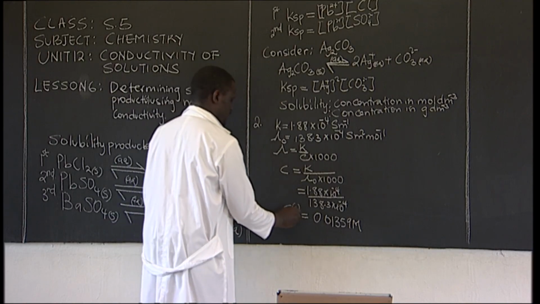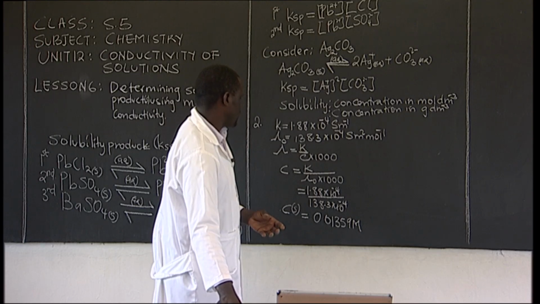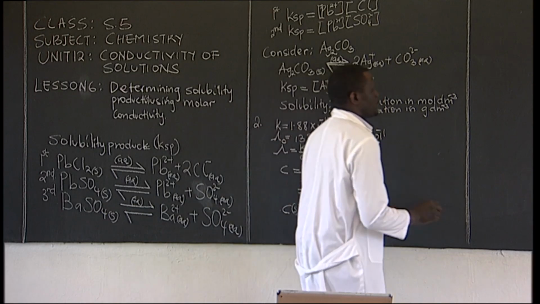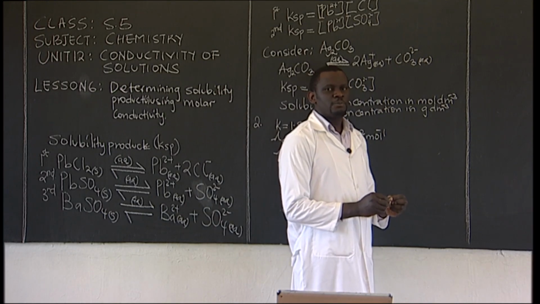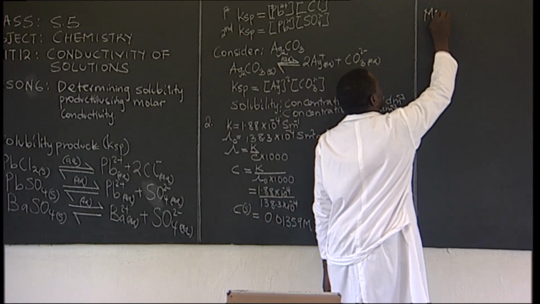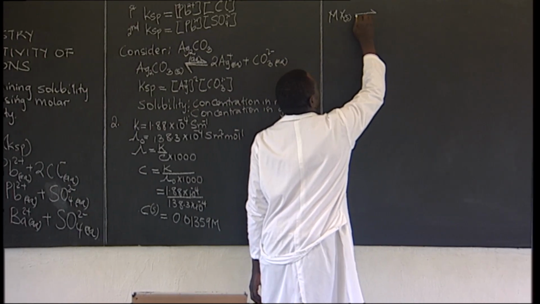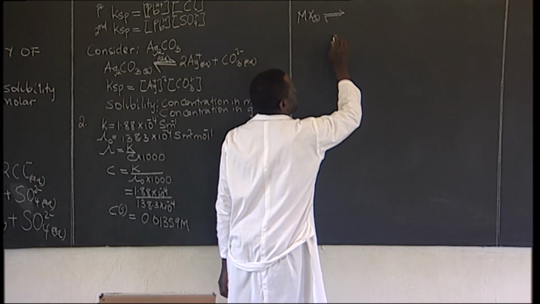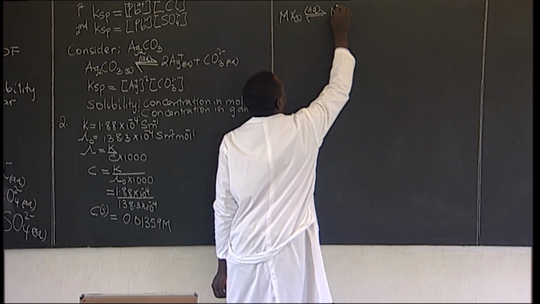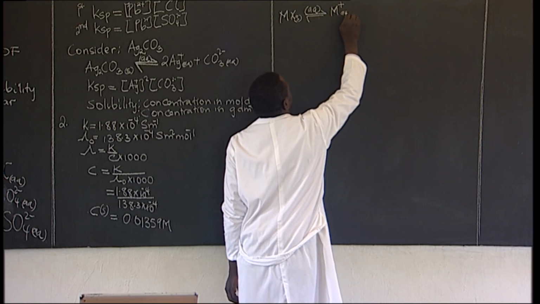Supposing our solubility is S, we are going to call this one our solubility. So we continue to our next part of the question, which tells us to calculate the solubility product. For us to be able to get the solubility product, what we normally do, we say MX, a solid, partially dissolves in water. Then we have aqueous M and X, let's say like that because they are